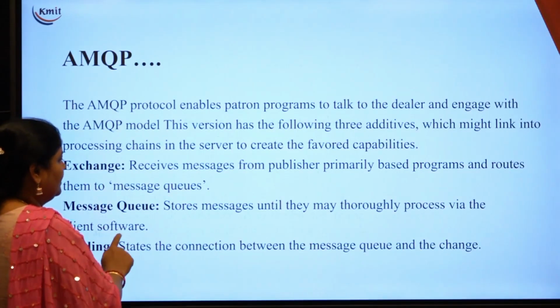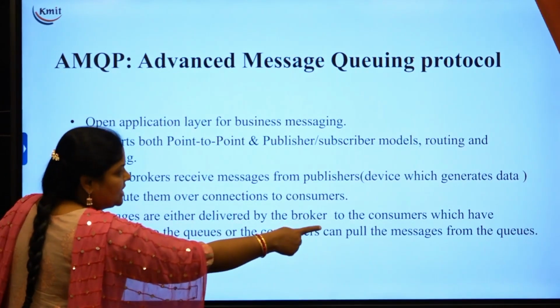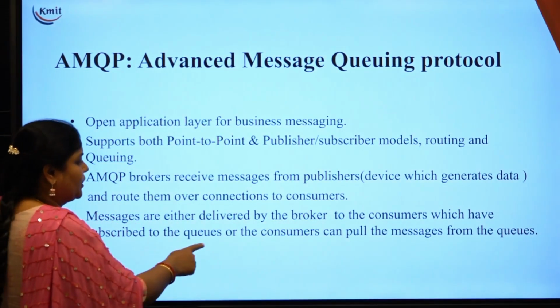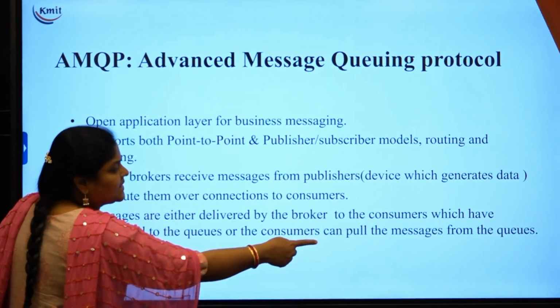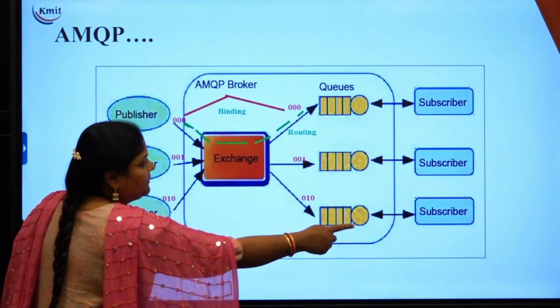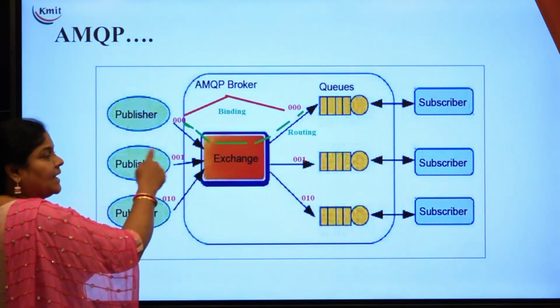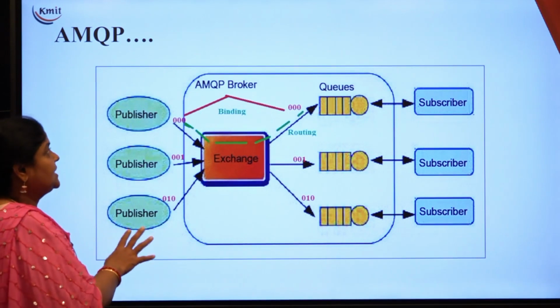We have learned one particular sentence here. Messages are either delivered by the broker to consumers which have subscribed to the queues, or consumers can pull the messages from the queues. That is the meaning here. Pull the messages from the queues. The subscriber will pull the messages from queues, and here the exchange will take data from the publisher. So this is the working of